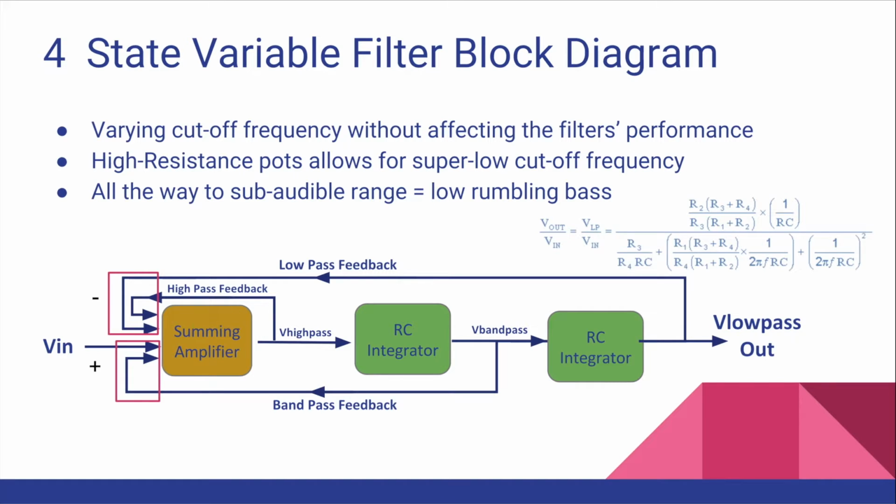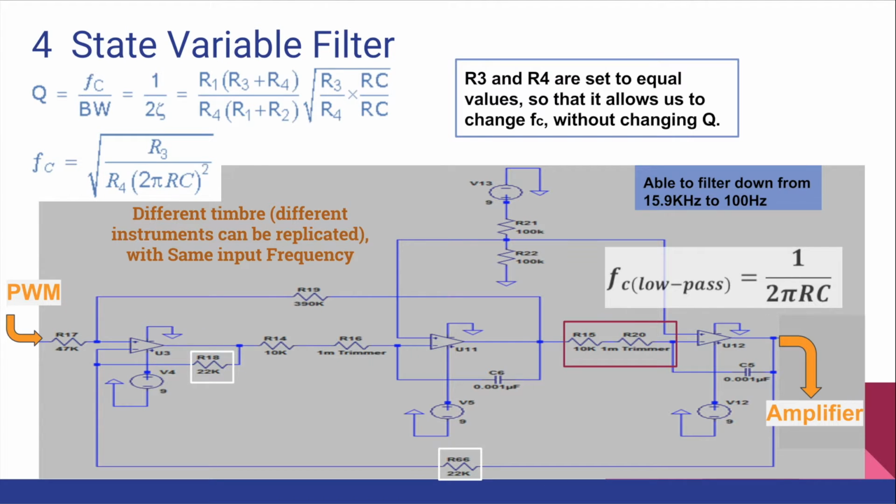So in place we have the state variable filter, and we're trying to achieve the low pass filter output as such with 2 high resistance potentiometers, which enables us to get a low cutoff frequency. That's our transfer function right there. So the 2 high resistance potentiometers allow us to alter the timbre, where it replicates different instruments with the same